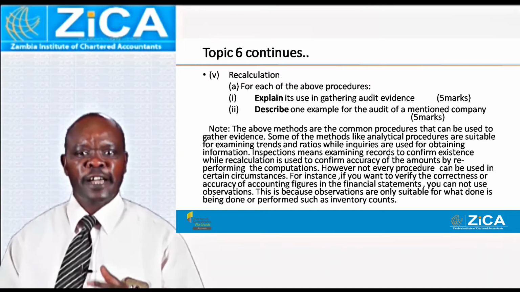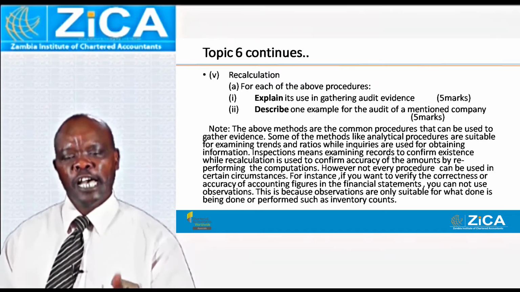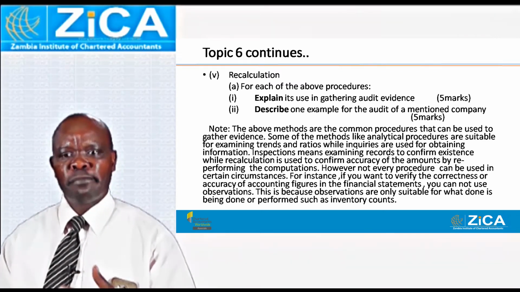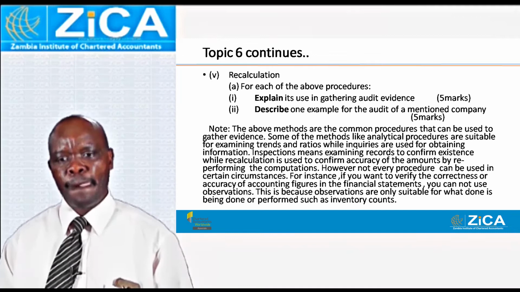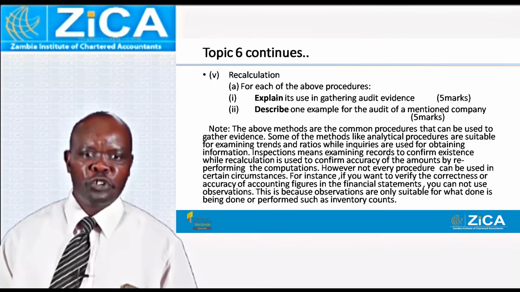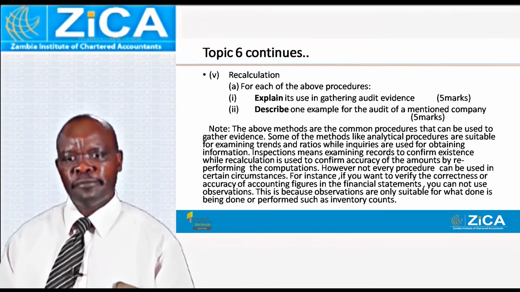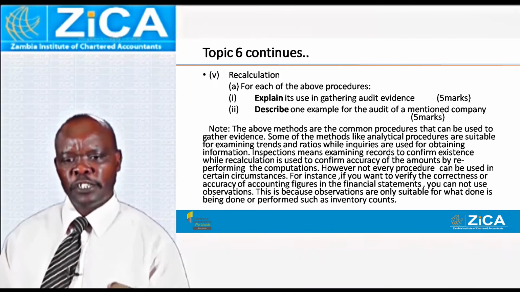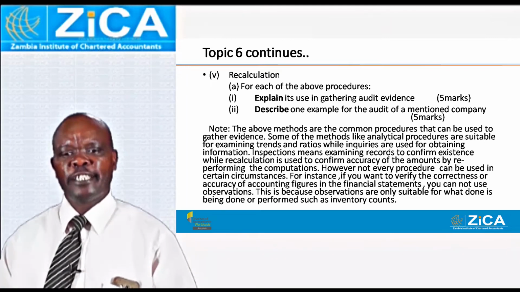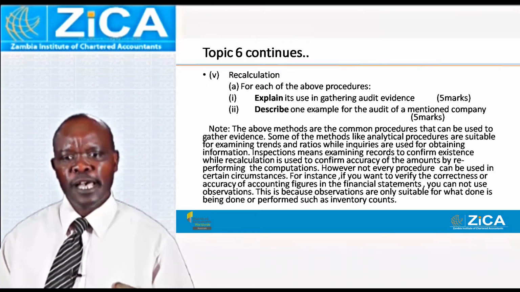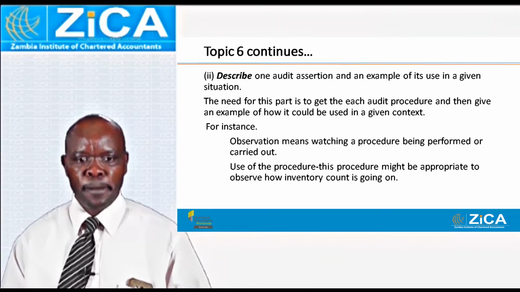If a question says, describe substantive audit procedures, especially for topic 6 and topic 7, you must be able, first of all, to understand what they mean by substantive audit procedure. Because you can't just be describing what you don't know. A substantive procedure is one that brings out some relationship between materials you are seeing as well as the confirmation from outside. It must be one that will bring out some material misstatements.